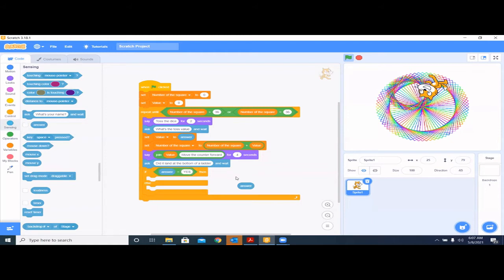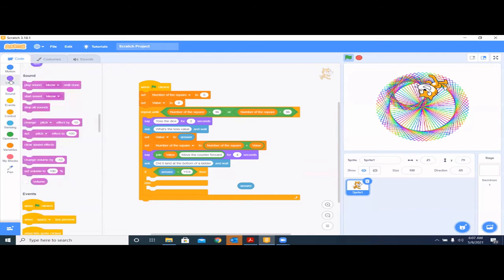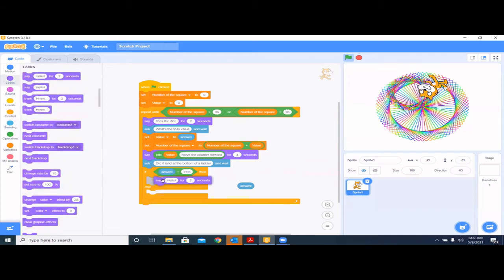So you have to increment your counter accordingly, right? So you tell the user to move the counter up to the top of the ladder actually,